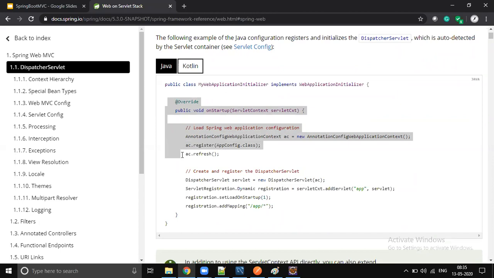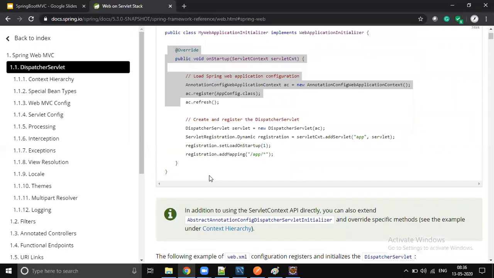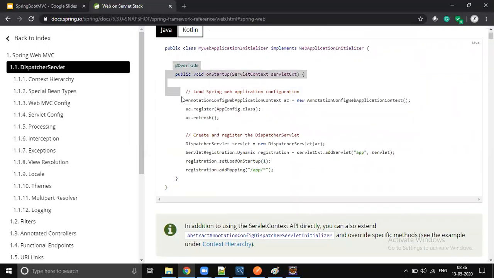I am just showing you. To write any RESTful web services, you need not have this knowledge, but just for your information, I am showing this. In Spring Boot, we don't do this. If it is not a Spring Boot application, then only you have to do it. If it is Spring Boot, it will do all this configuration for you.